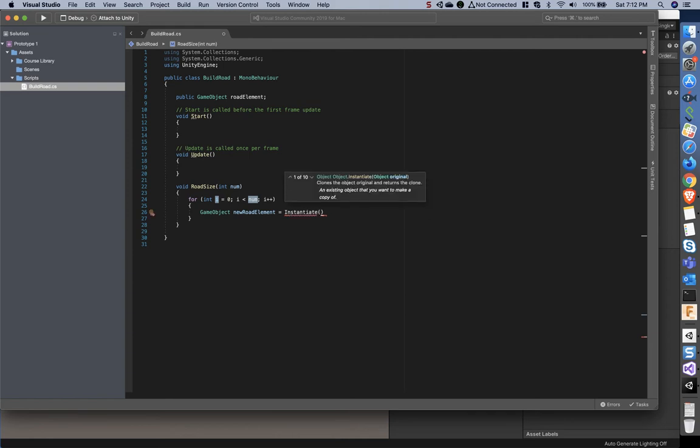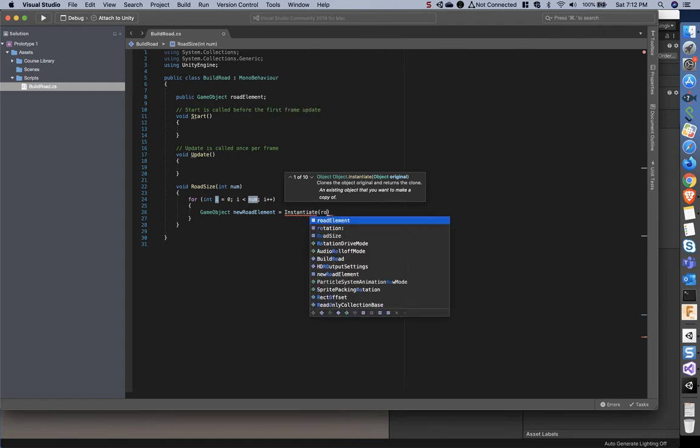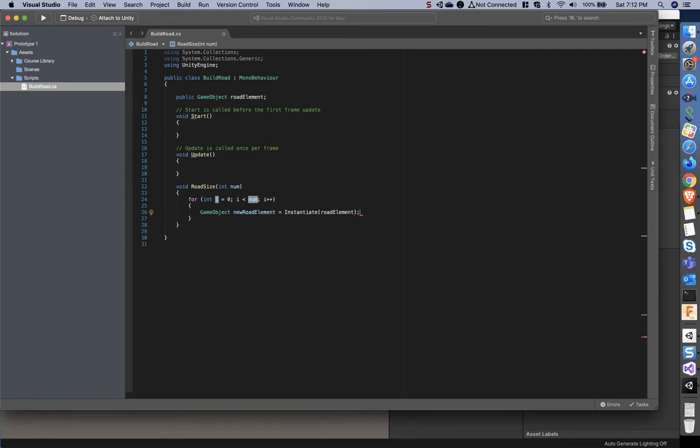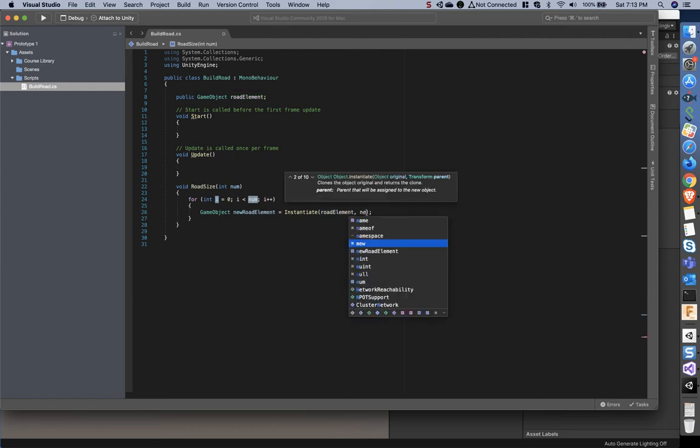And then instantiate calls for a few parameters. It has 10 overloaded options, and if you're not familiar with programming, don't worry about that right now. We're going to focus on the one that uses 3 of them. So we're going to assign it an original object first, which is the object we've created up here called road element. So we say road element. I'm going to add a semicolon here so I can ignore that little squiggly error, notice. And then after road element, I'm going to add a comma, a space, and I'm going to say in lowercase new vector type 3